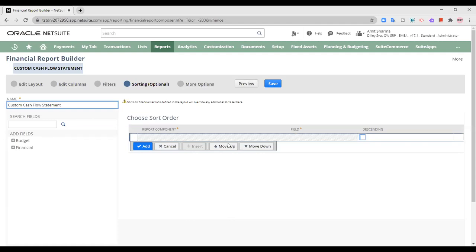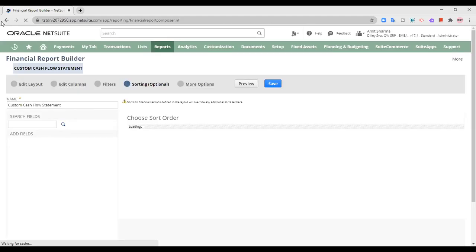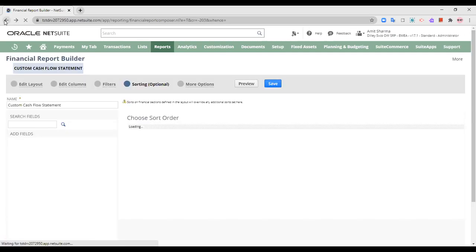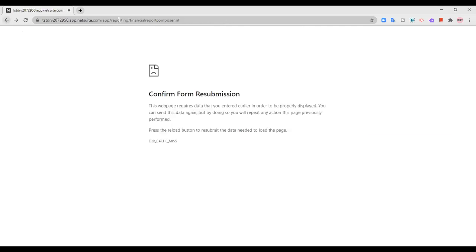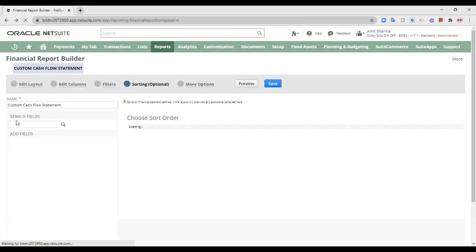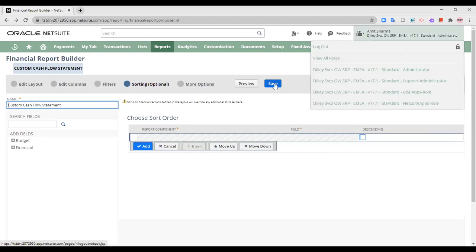Since I do not want to, I would not save it, but I'll show you the preview once again. So this is how I can customize my cash flow statement report.